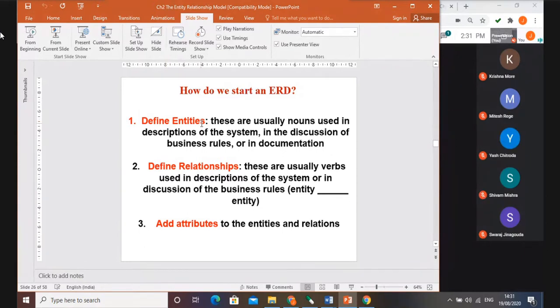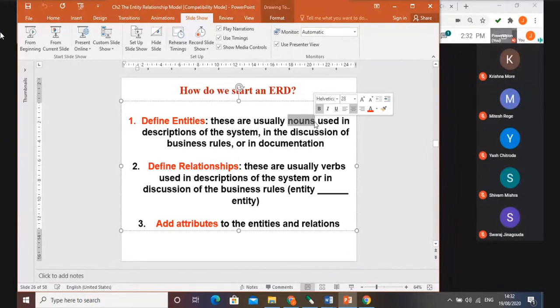That is, from your problem statement, identify which all nouns are present. All the nouns in your problem statement will act as an entity set for your ER diagram. Try to see that whatever entity set you require for your ER diagram is present in your problem statement, so that it will give you a clear idea about your ER diagram. Okay, so all the nouns present in your problem statement or description are nothing but known as entities.